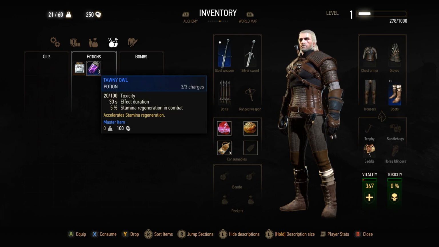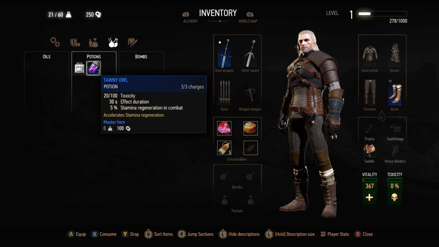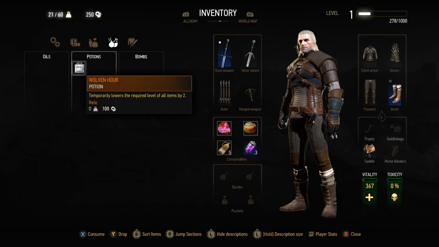Wolven hour. Okay, and then Tawny Owl. Stamina regeneration. That's pretty good, probably. So let's put that on here. As we get more potions, I will probably put potions in more of those slots instead of just random food items. But for now...